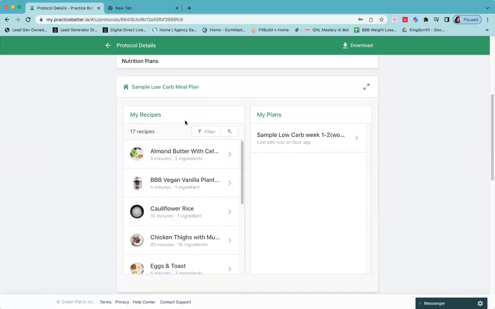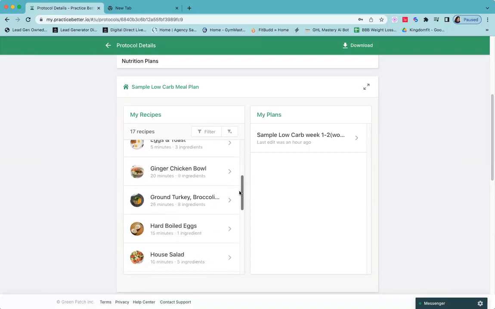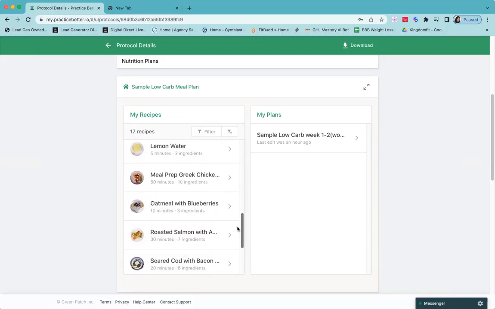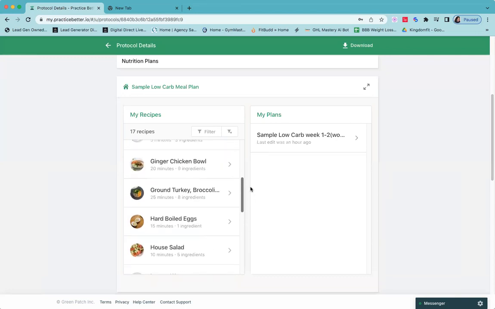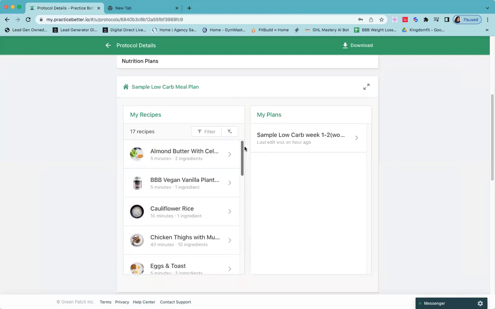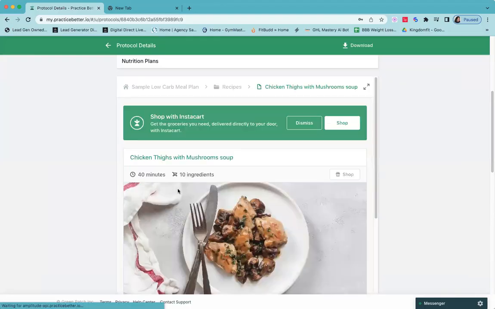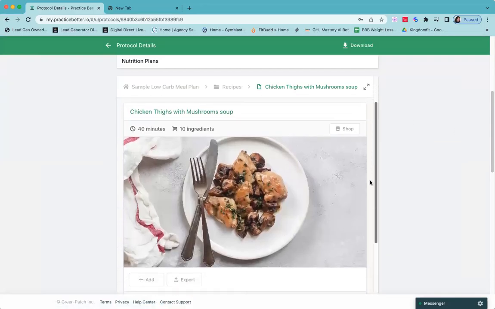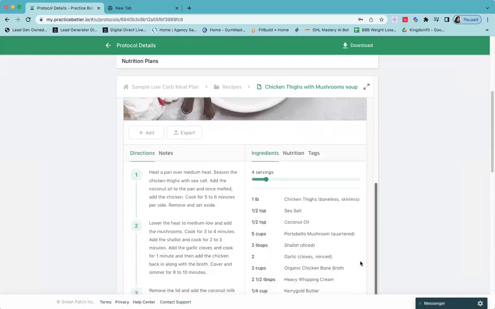So in the meal plan section, you have your recipes and your meal plans. The recipes is every recipe that is in your meal plan. So you'll have a 7-day meal planner, and these are all the recipes that are within that plan. So there are 2 ways that you could look at this. You could look at it singularly, which you can click the recipe and it will give you the picture, obviously, and then it will give you the directions on that recipe,